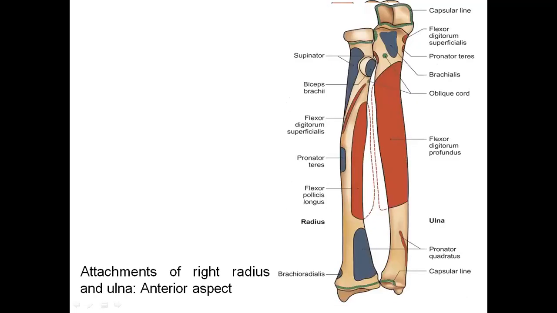So apart from that, we also should know the muscle attachments. So what are the muscle attachments? Like this is the head of the radius bone. The head of the radius bone is actually articulating here in the radial notch of the ulnar bone to form the superior radio-ulnar joint. Apart from that, if you remember, I talked about the humerus.